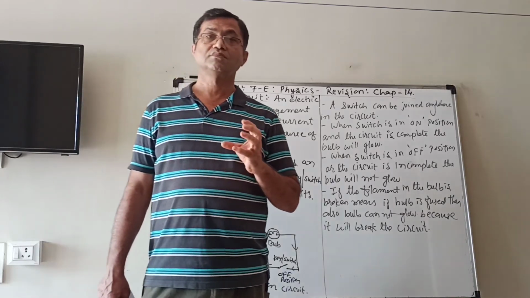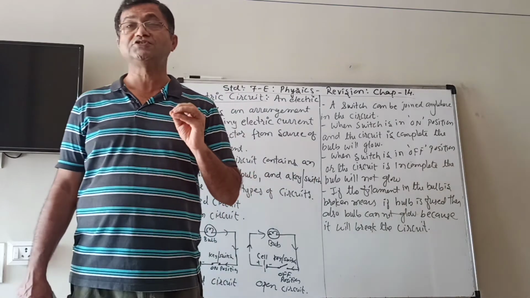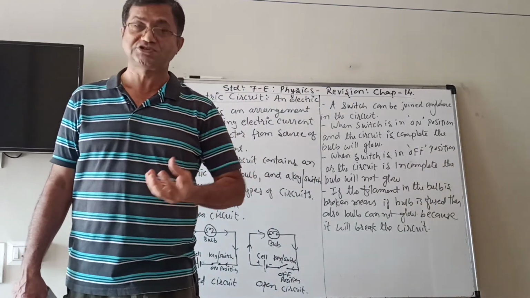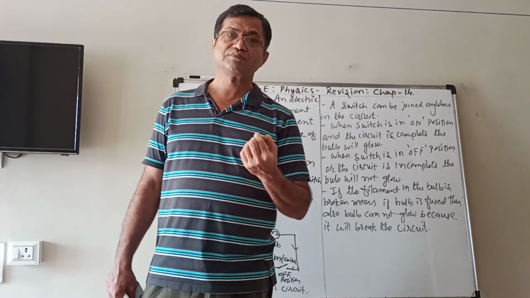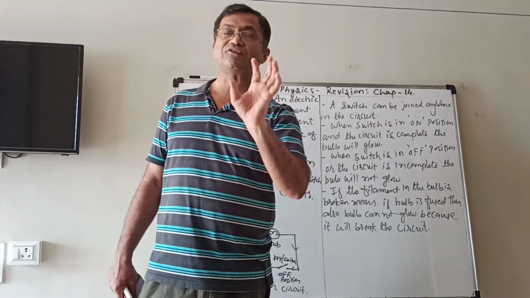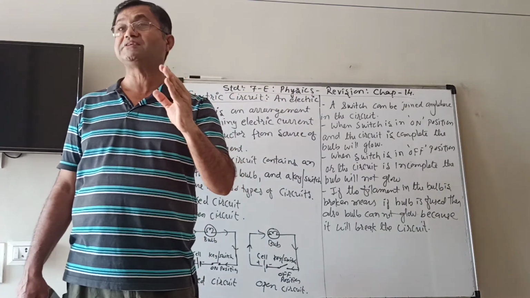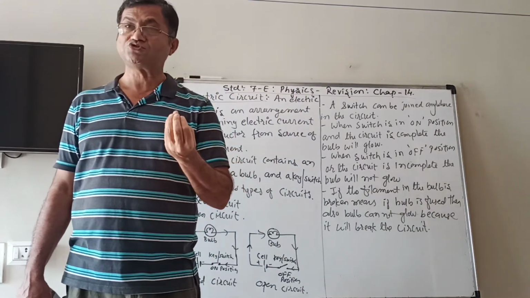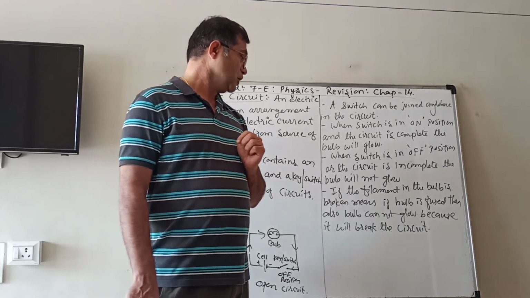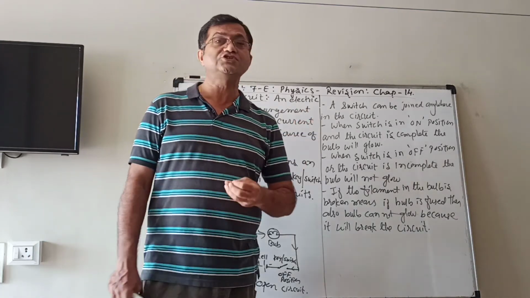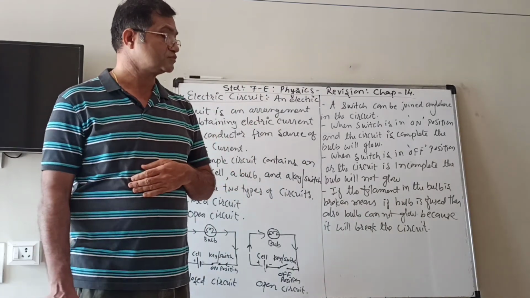But in common language we call it like that, but it is known as bulb is fused, because the filament inside is broken, therefore the circuit is not closed, it is breaking. So in this situation also the bulb will not glow. So these are the situations that we are learning today.